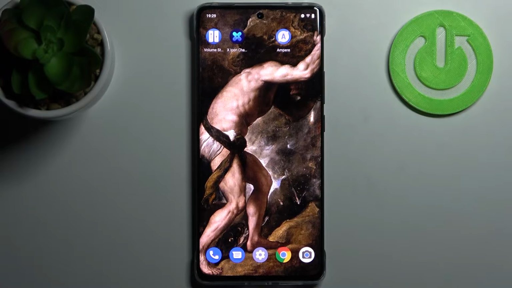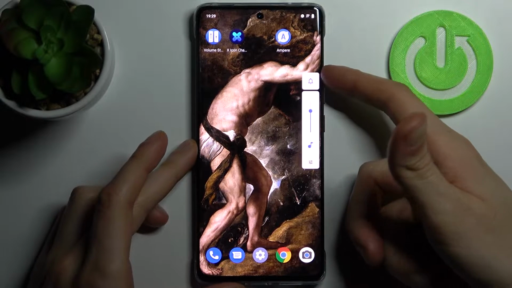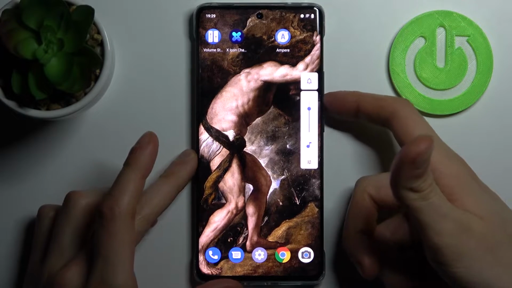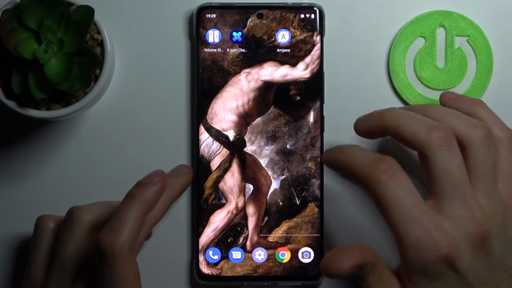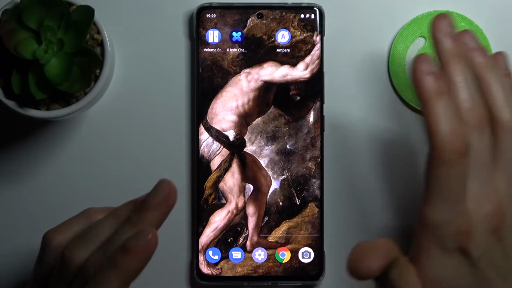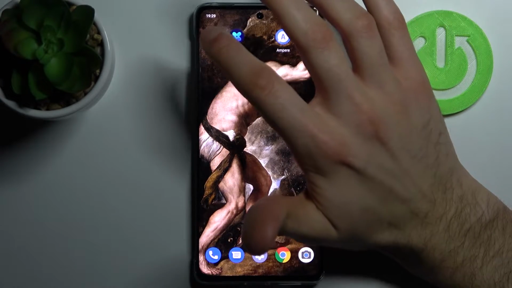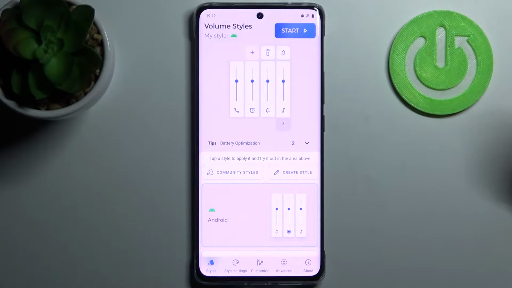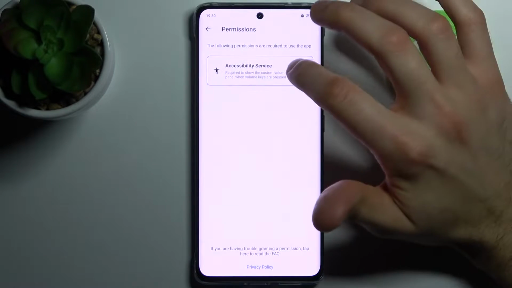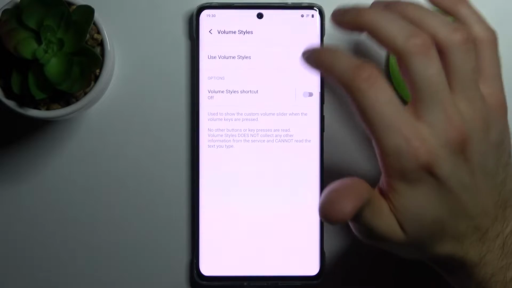Here I have VIVO X60 Pro, and today I'm going to show you how to change volume panel style on this device. So to do this, firstly I will show you that now I have the default volume style panel, but you can actually change it, and to do this all you need to do is to just download this volume styles app on the Play Store. Then you have to tap start here, grant accessibility services permissions,